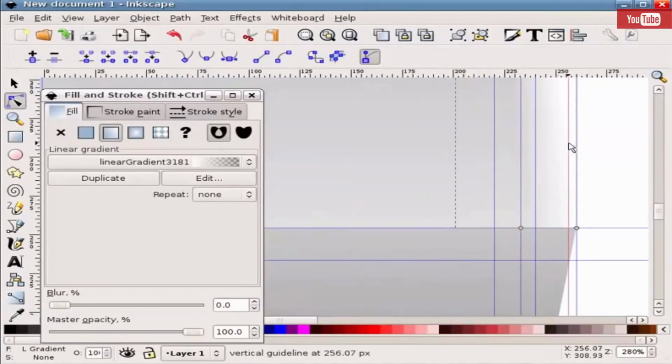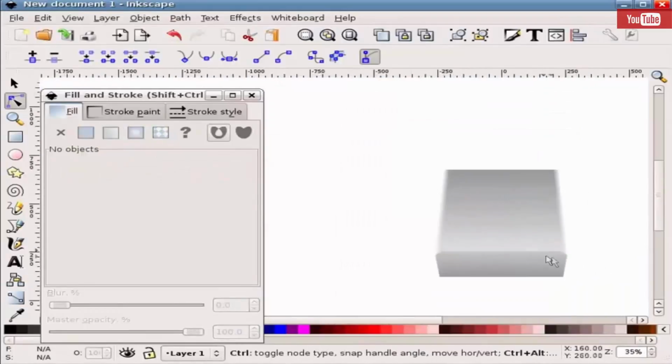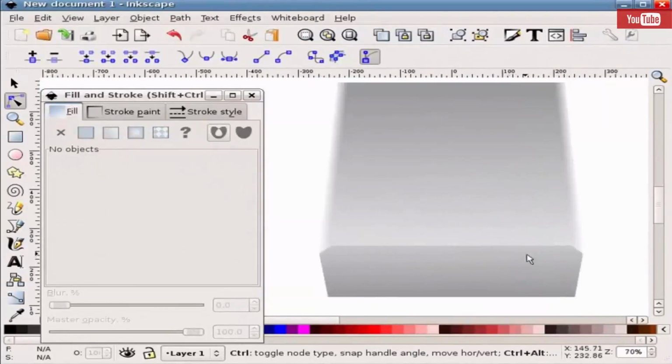which were these two. Again, highlight the front shape, create a new node, then bring that one down to there, highlight the top shape, create a new node, drag it down to that same point, and then take the highlight shape and drag that node down. Again, got my chamfered corner, two of the same,